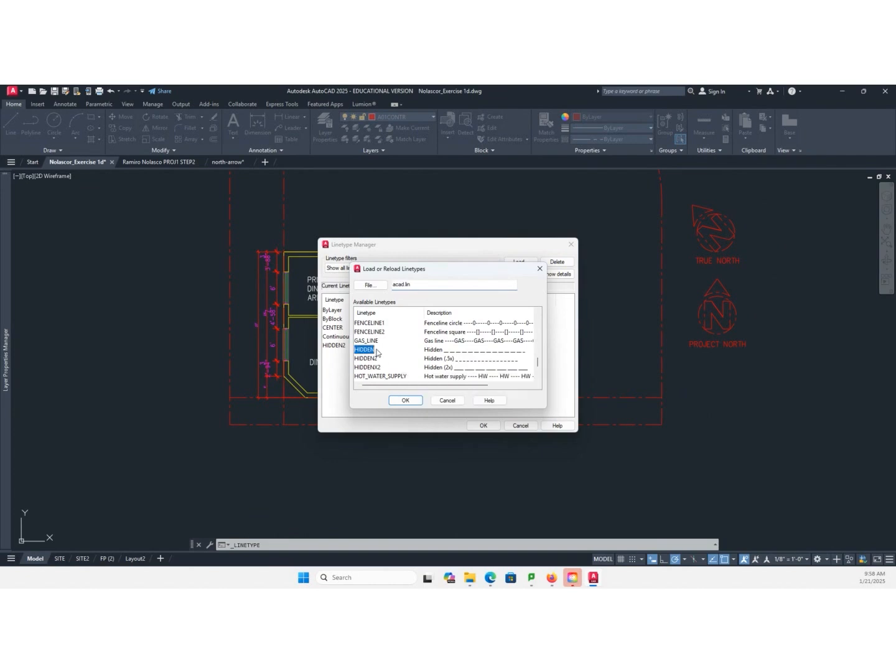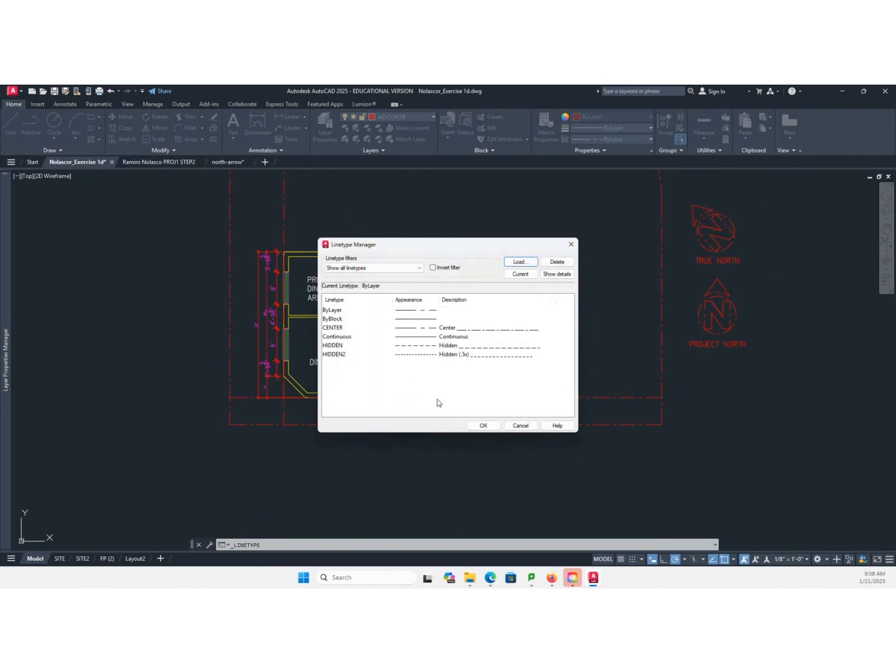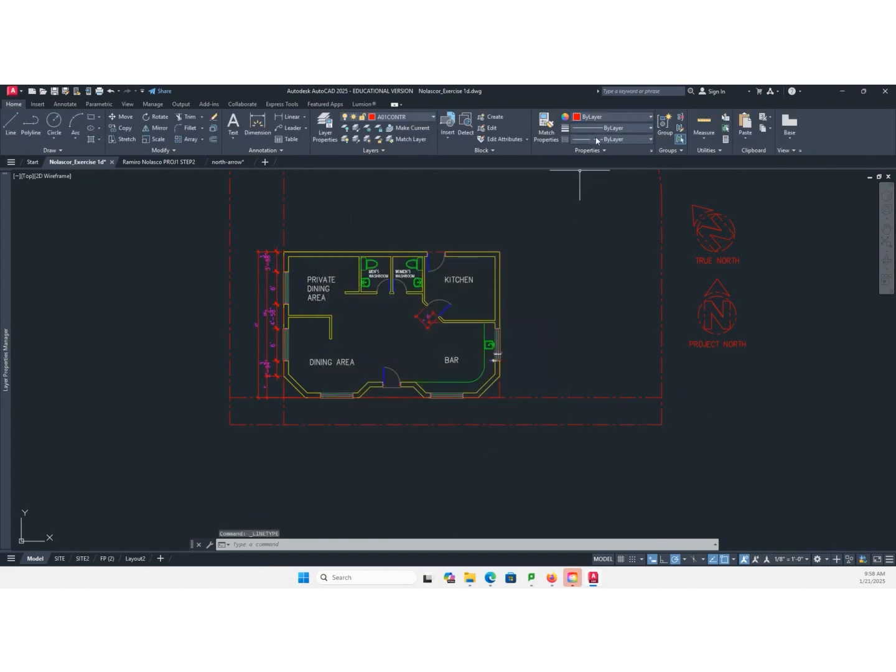Okay, hidden, click OK, and OK, and change this to hidden. Sorry, select this and change that to hidden. So we're just overriding that. That will be the building footprint. Okay, building footprint.